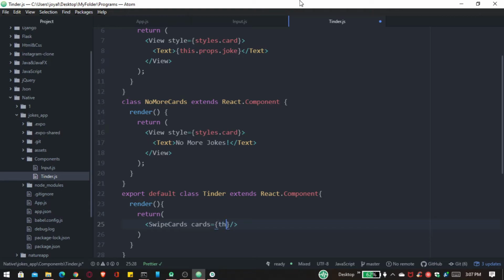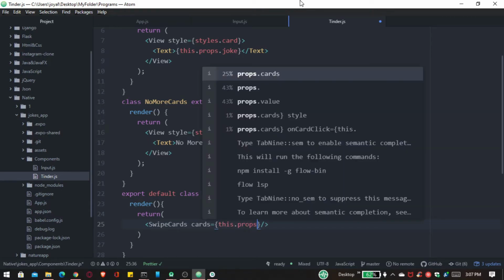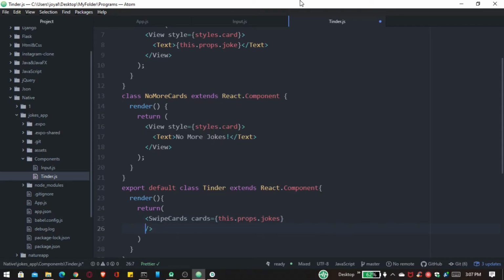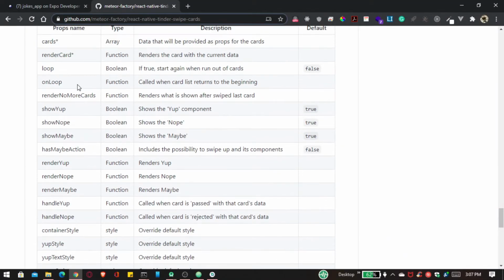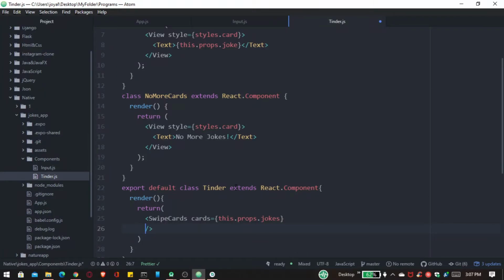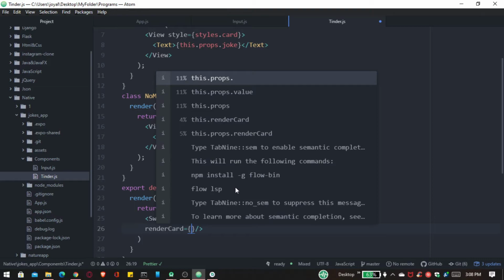So that is this dot props dot jokes, and I want to display our jokes one by one. So I use this render card that is provided by this. So right here render card, and inside that I want to create instance of our joke, that is joke object,